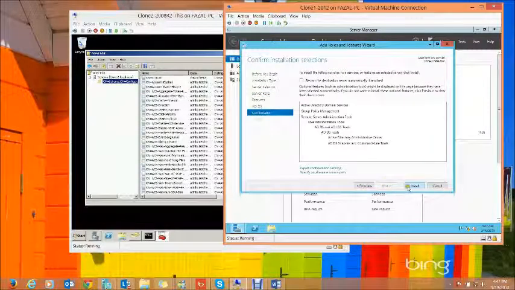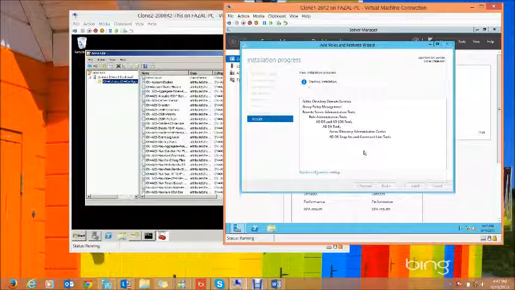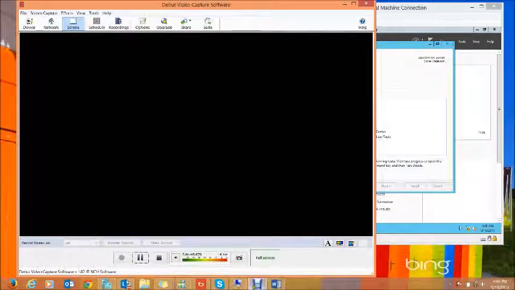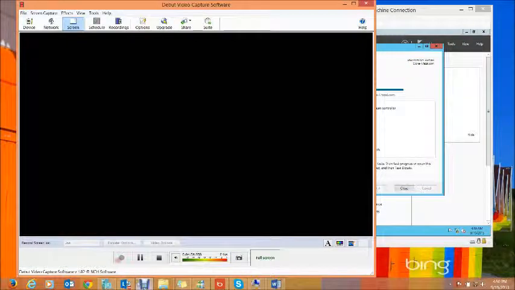Now, what we have done is we've broken this into two parts. One is to install the service, and after installing the service, you can have Windows updated with all of the recent Active Directory patches, and then move on to the second step, which is promoting it as a domain controller. So as this installation is going on, I will pause the recording, and as soon as this is done, I will resume.